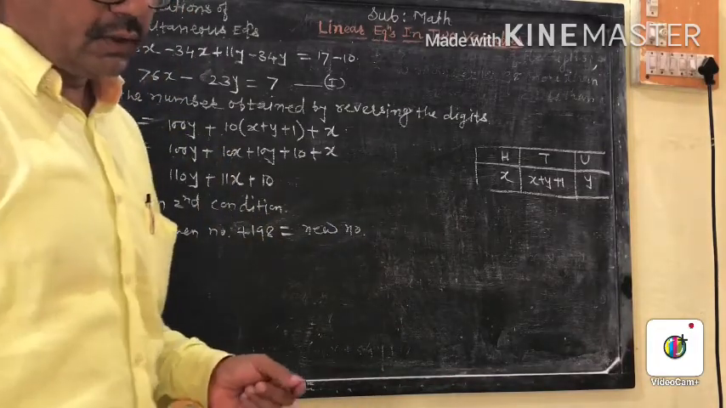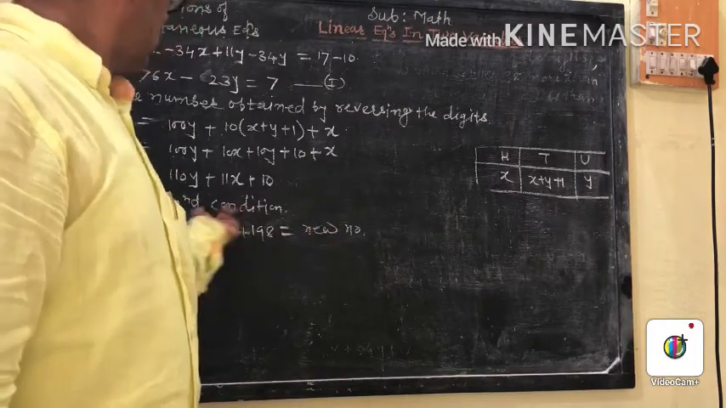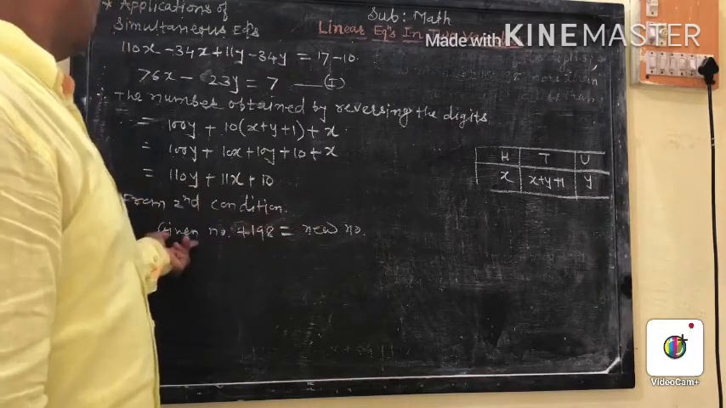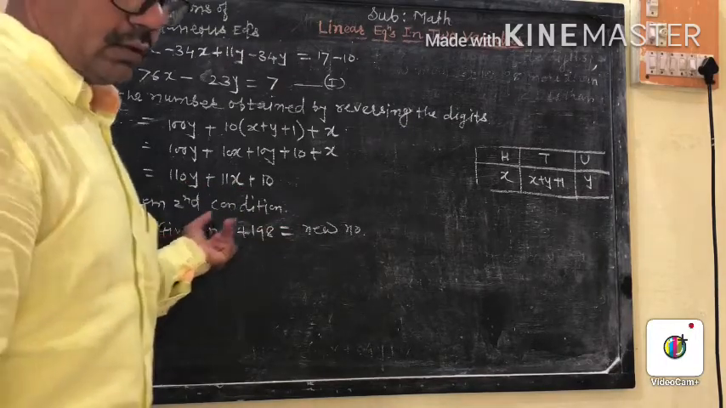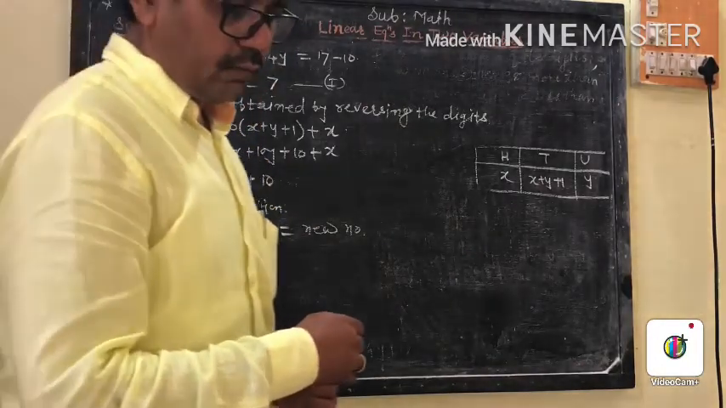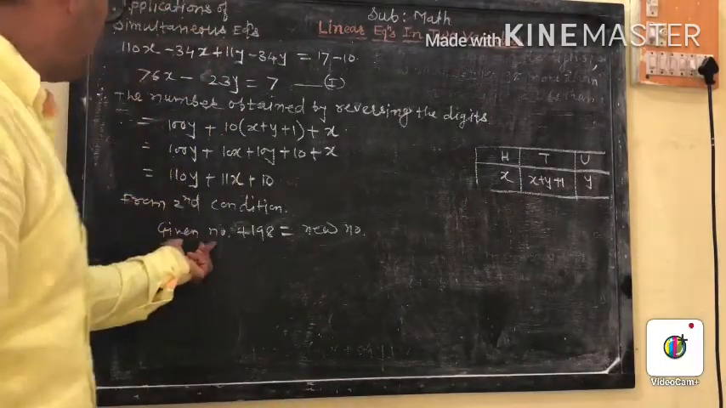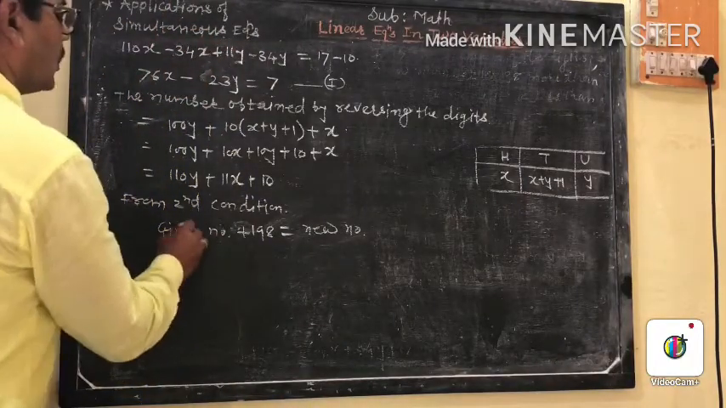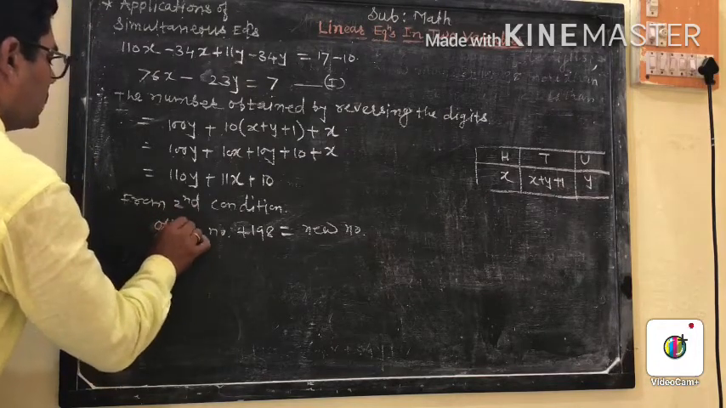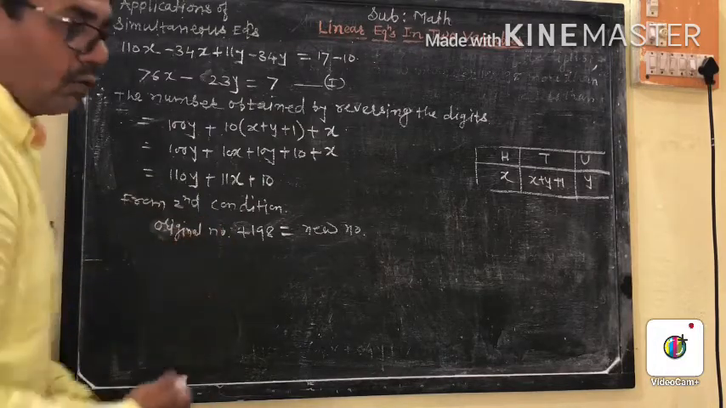Means if the digits are reversed, the new number is this one, the reversing number. Given number means original number. If the digits are reversed, the new number is 198 more than the old number. This is the old number, or given number, or original number. Here is the original number. What is the original number? Original number is